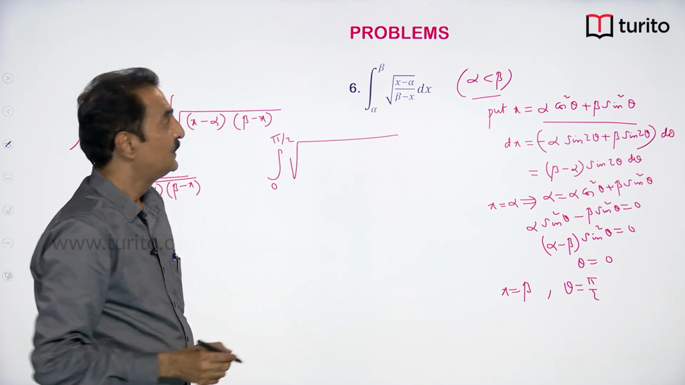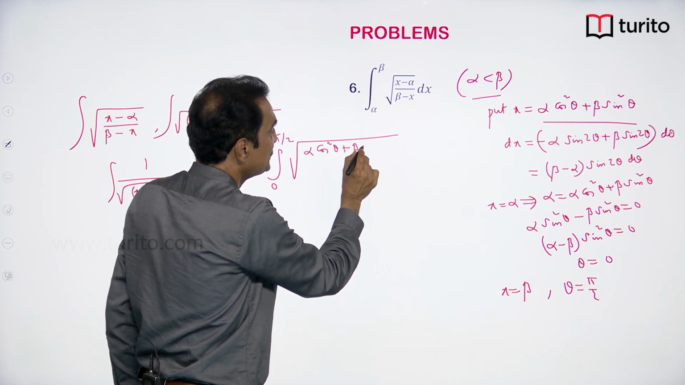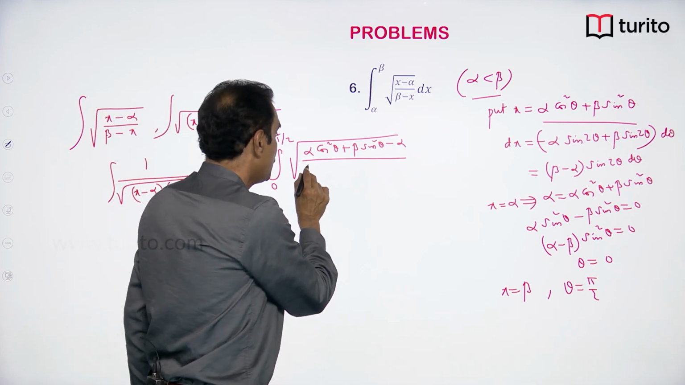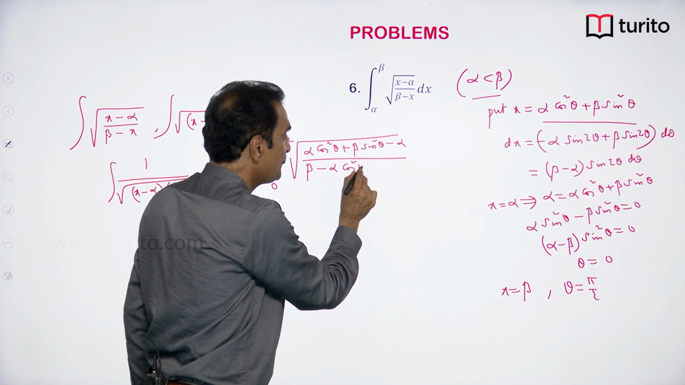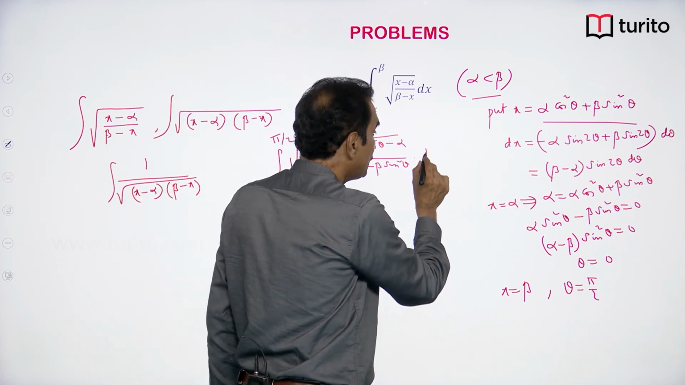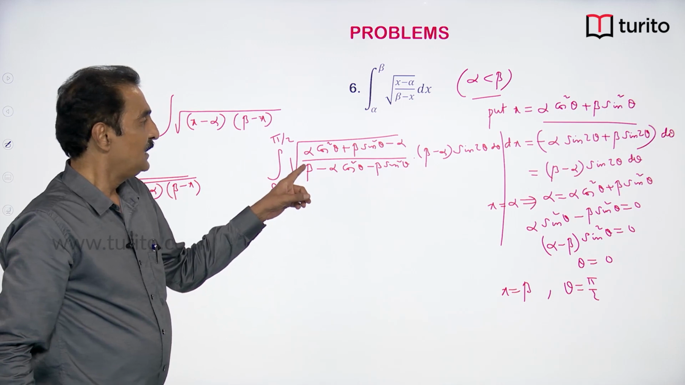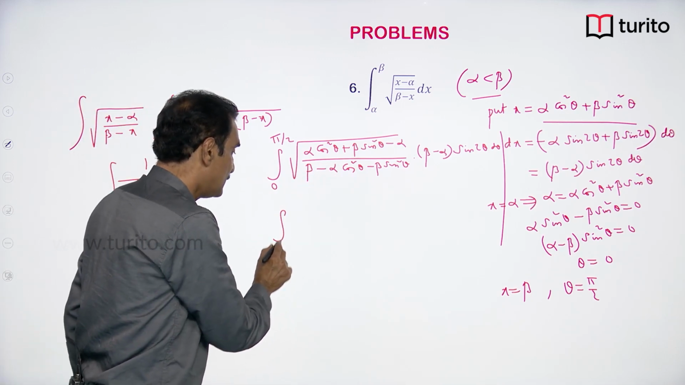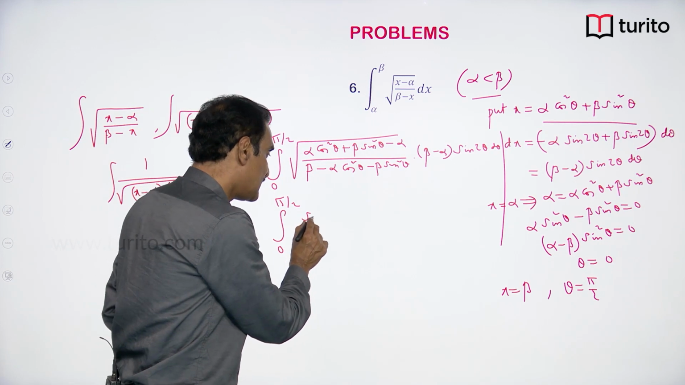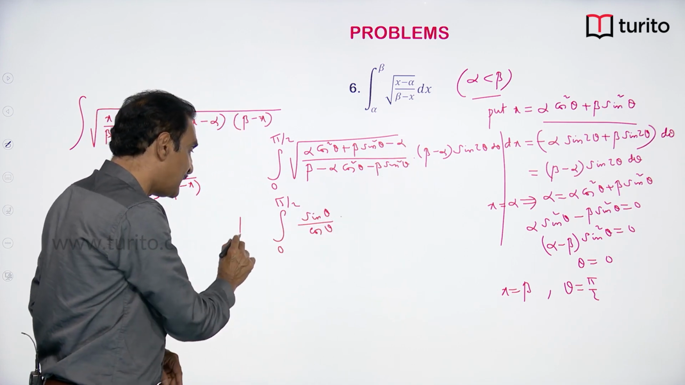root over x minus alpha means alpha cos square theta plus beta sin square theta minus alpha, by beta minus x, beta minus alpha cos square theta minus beta sin square theta, into dx is beta minus alpha into sin 2 theta. If we simplify this, you will get sin theta by cos theta. The calculation work you check, into beta minus alpha. I can write beta minus alpha outside the integral,